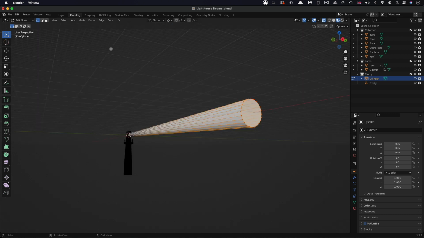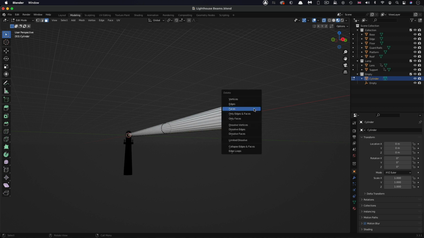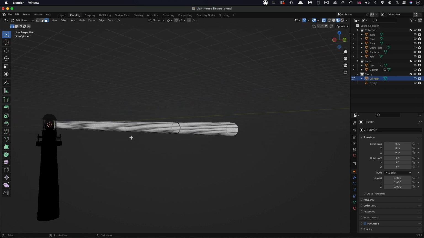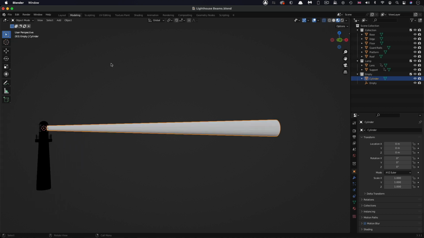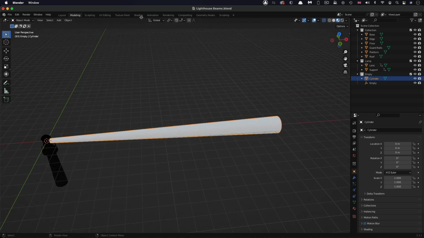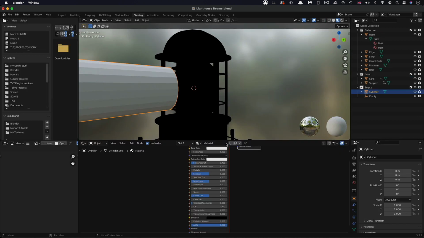And still in edit mode, I want to select faces, and I want to select this face here and delete it, and then come around and delete that other face at the other end there, and switch back to object mode. Then I'm going to come over to shading and create a new material, and I'm going to call this beams. I want to add an image texture,